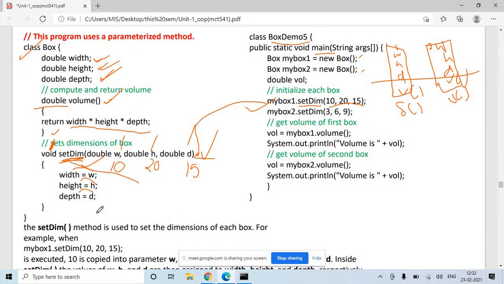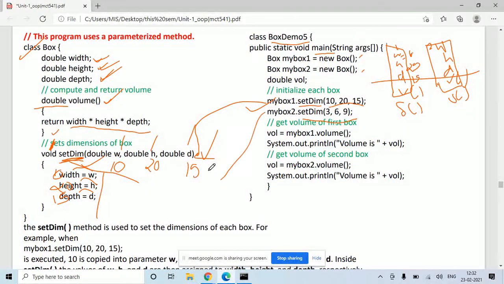So this assignment you have done. Width is equal to W, so your value is 10, this height value is 20 and depth value is 15. It means you have assigned this value, that is 10, 25 and 15.